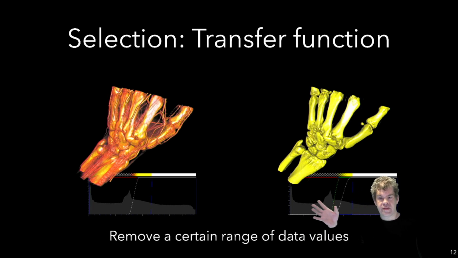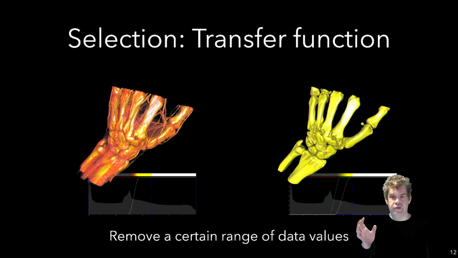Okay, so what you can see here at the bottom are two different transfer functions. So let's focus on this transfer function here. You see a two-dimensional image. In the background, you can see what's called a histogram. A histogram is a statistical analysis of the data set. I'll have a little bit more about histograms later on, but just here as a quick intro, a histogram is